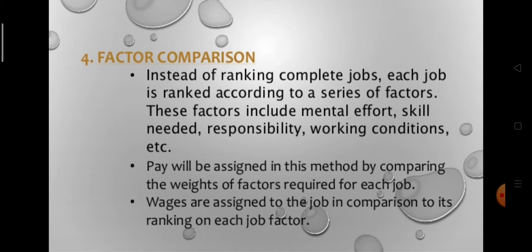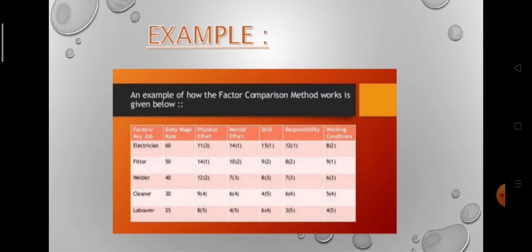Instead of ranking complete jobs, each job is ranked according to a series of factors. These factors include the mental efforts, skill needed, responsibility, working conditions, etc. Pay will be assigned in this method by comparing the weight of the factors required for each job. So wages are assigned to the job in comparison to its ranking on each job factor. As a ranking comparison method,